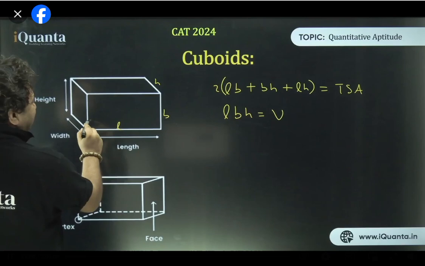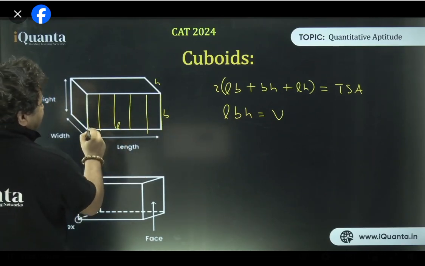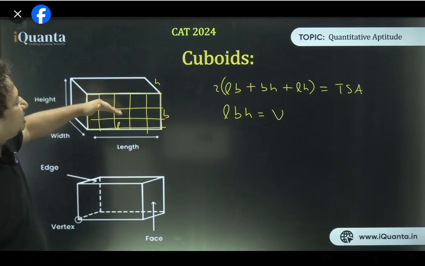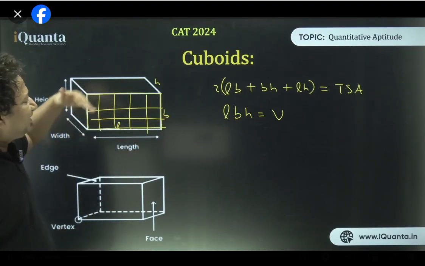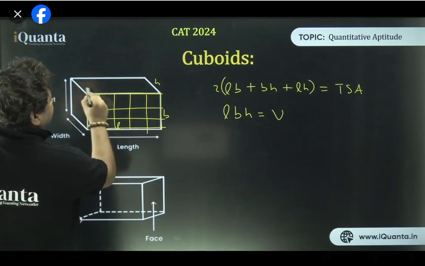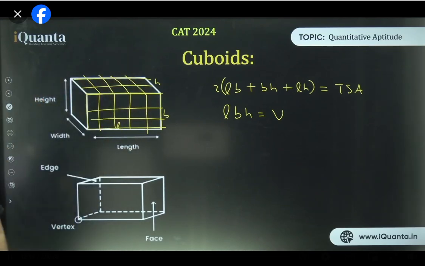So L into B, let's say length is 1, 2, 3, 4, 5, and 6 units, and breadth is, let's say, 1, 2, 3, and 4 units. Okay? So this is happening how many times? H times. Is that clear? So LB is happening H times, where H can be 2, 3, whatever. Getting it? So if I assume H to be 3, this is how the figure will look. Is that clear, everyone? You must have done this in cubes visualization, but now you realize why points of intersection give you the exact volume. Cool enough? No problem at all.